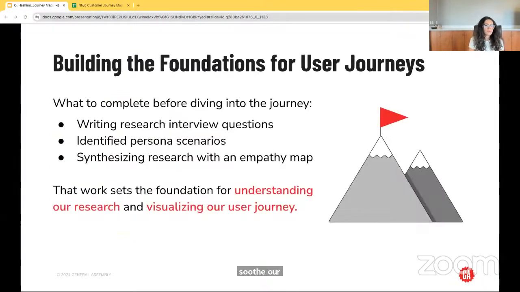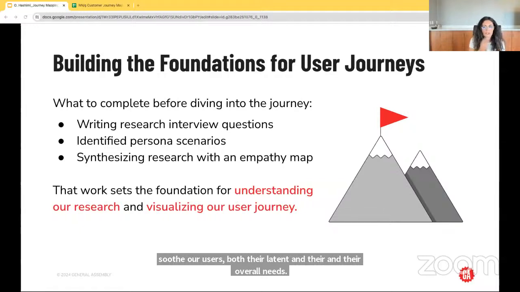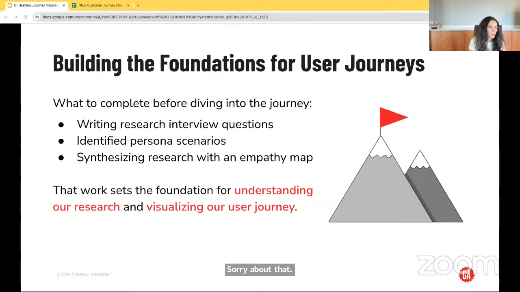Sorry about that. All right, so building the foundations for user journey maps. As designers, we don't just dive into journey maps. We have a process that we go through. I'm gonna speak to the Double Diamond, which is a framework that we use in design thinking and in my classroom. We start off with the generative research phase, and this is where we really establish a strong foundation for